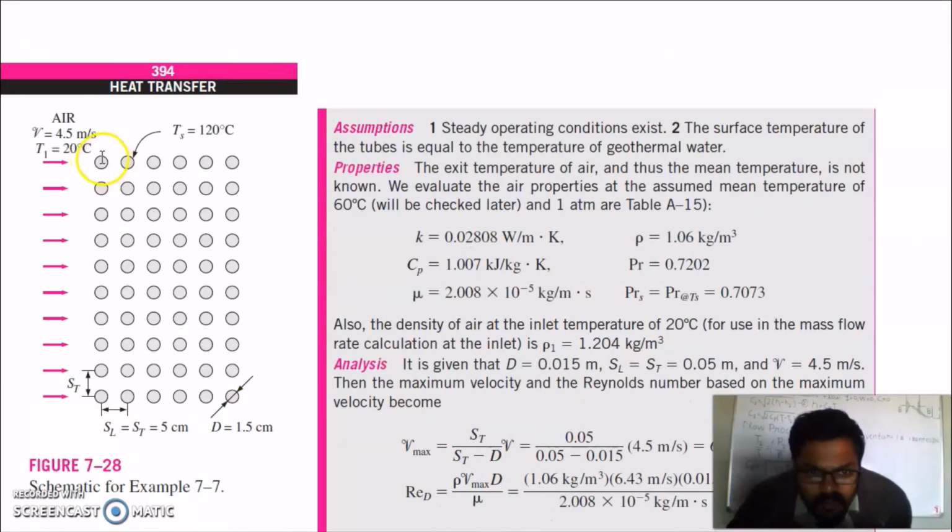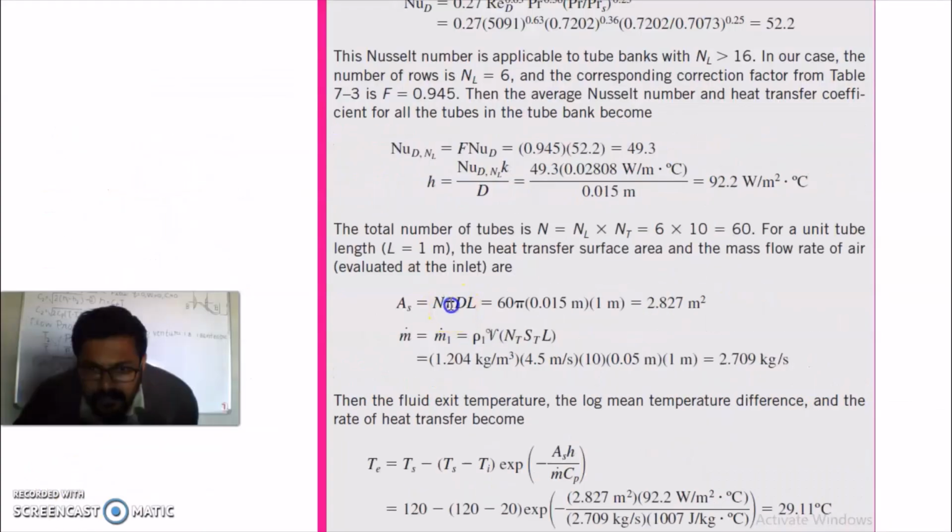So we have to now calculate the total surface area of this arrangement of tubes. The total number of tubes is 6 into 10, 60, and the area of a single tube is pi D L into number of tubes. Here N is 60. So the surface area of the tubes is equal to 2.827 meter square,